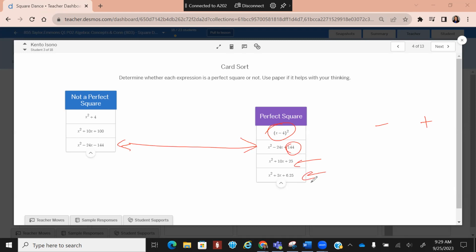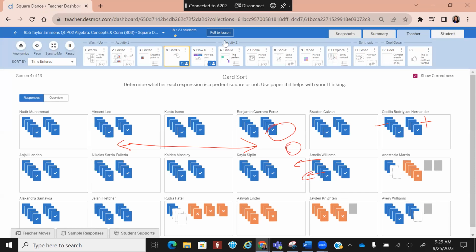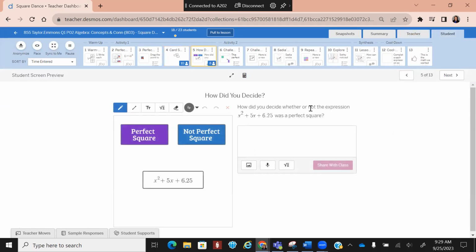These are all perfect squares. So good job. Let's go ahead and go to the next one. So how did you decide whether this expression was a perfect square? Because this one was a little tricky. How did you decide? Take a moment, your time. In order to figure this one out, what would you have done? Do you notice anything? If I wrote this,